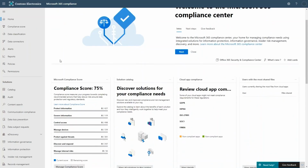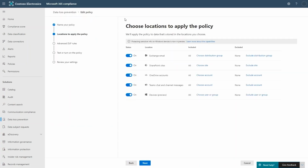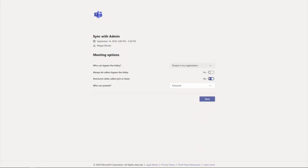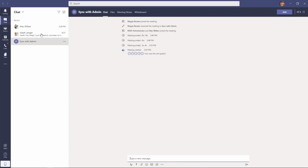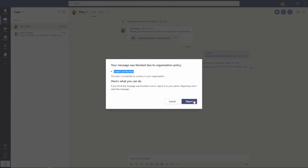So again, to kind of wrap it up, we were able to set those granular level controls from the IT perspective. We're able to integrate those features and functionalities across all of Microsoft 365. These are not just Microsoft Teams specific. So as data roams from Teams to Exchange to SharePoint, you have those same protections, those same features and functionalities. And then lastly, we have those end user empowered controls, whether it's meeting organization or whether we're in chats or channels, we have that data loss prevention and that communication compliance policy to make sure, again, we have that safe and inclusive workspace. So now let's go ahead and hop back into the session,